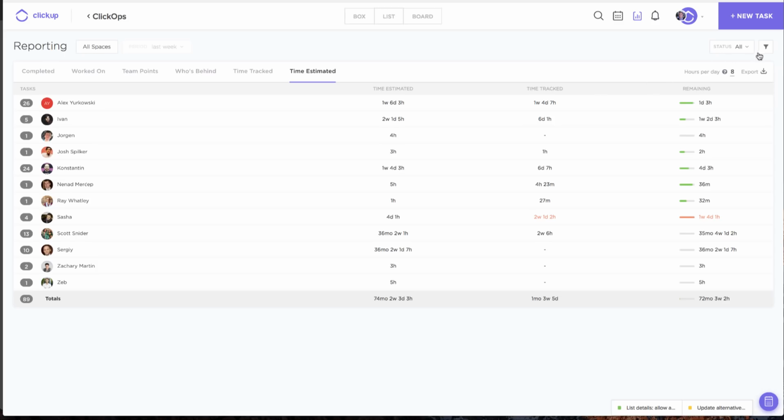Last thing I want you to keep in mind is that you can export this data at any time. So I want you to go ahead and take advantage of that. You can also set the different hours. You can do things like that as well. Just keep in mind anything you really want to do with ClickUp, we're going to be advancing our reporting. So if you have any